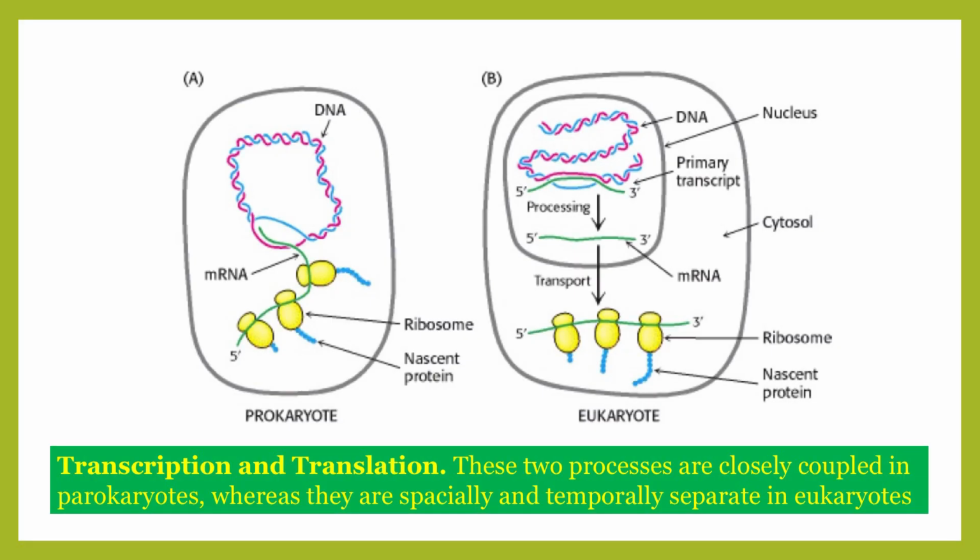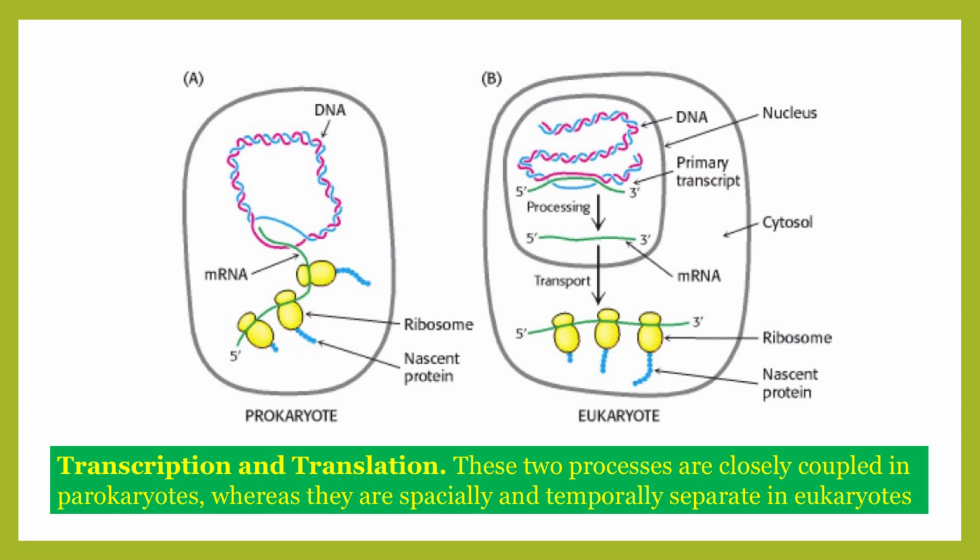Now, let us look at this diagram. So, it is transcription and translation in prokaryotes and eukaryotes. What I want to impress upon you is that a prokaryote is a single compartment and a eukaryote is a multi compartment cell. Compartment of compartments is your eukaryotic cell. So, transcription and translation in prokaryotes take place in the same compartment. As you can observe, while transcription is going on in prokaryotes and the 5' end of mRNA is available, the ribosomes attach. Ribosomes begin translation.